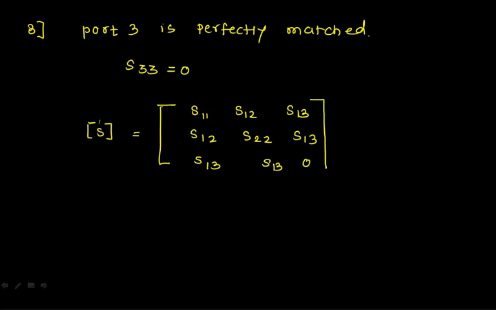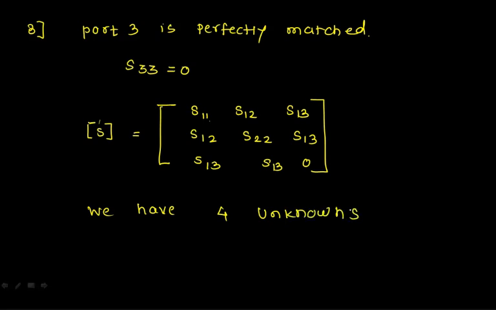Now I have got my scattering matrix. Initially I was having 9 unknowns. Now if I see the unknowns here, this is 1, this is 2, this is 3. These are the same, 1, 1, 1. So I have 1, 2, 3, and 4 unknowns. Initially we were having 9 unknowns, now I have 4 unknowns.